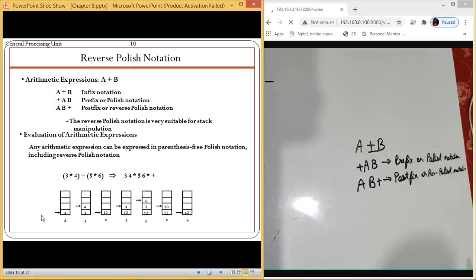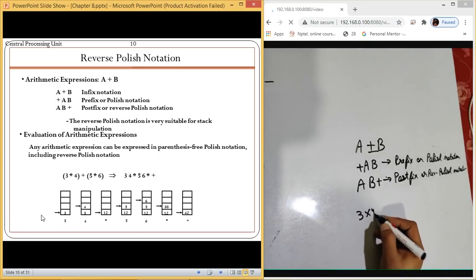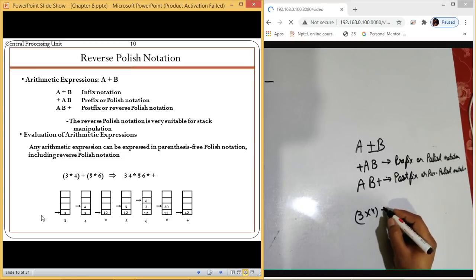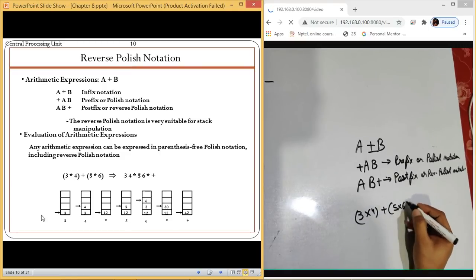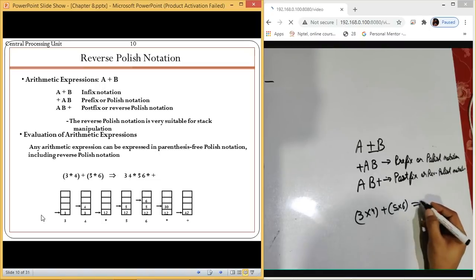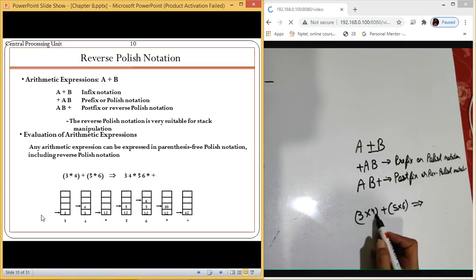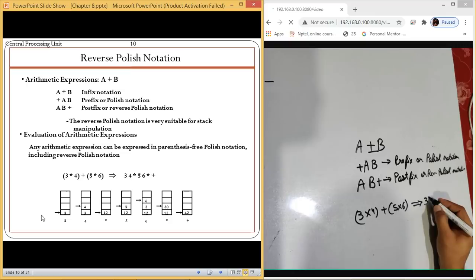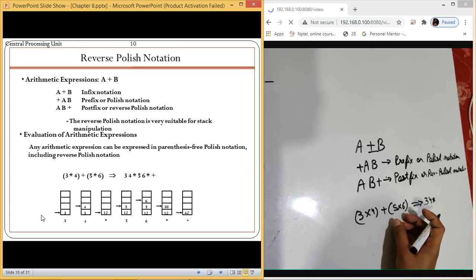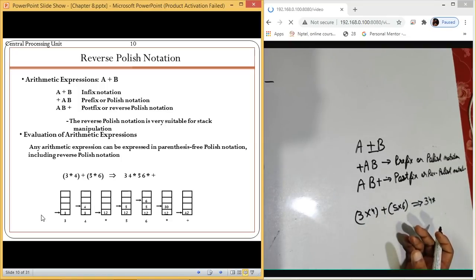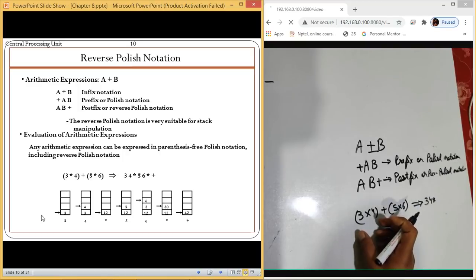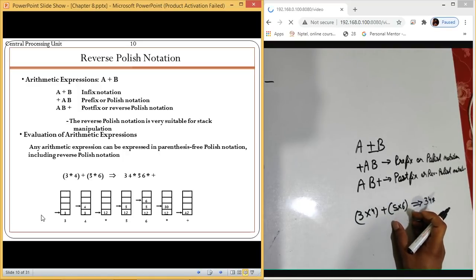Okay. So we are having one example for this, like we have 3 into 4 plus 5 into 6. Now how to convert this? This is 3 into 4, so it will be 3 4 into. After that we have to solve this bracket, because firstly BODMAS will be implemented. You have to perform it according to the brackets first.